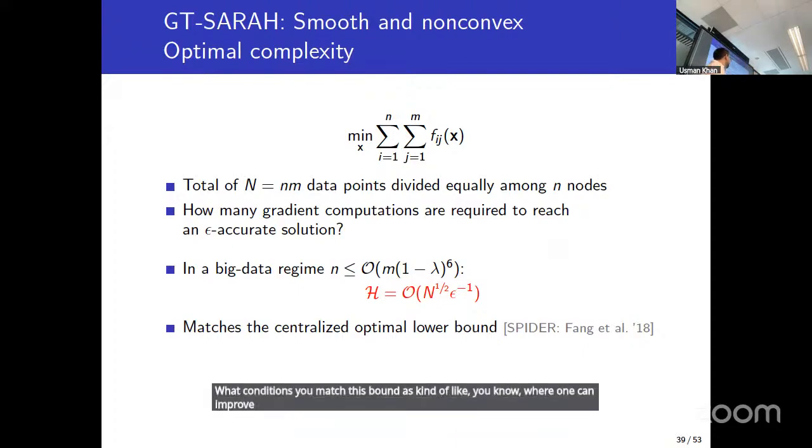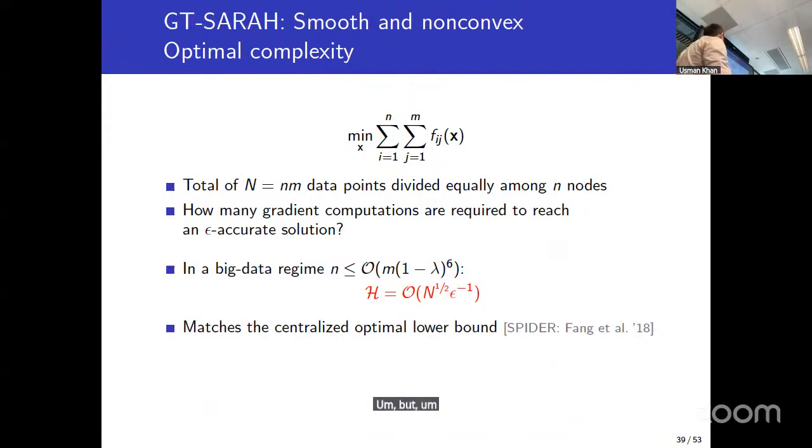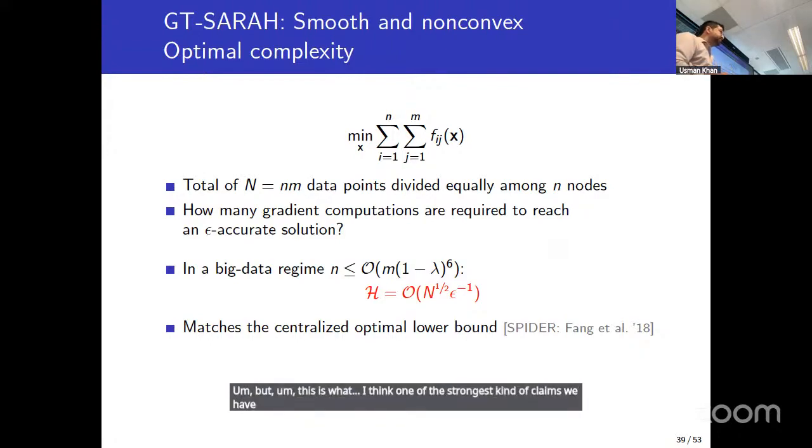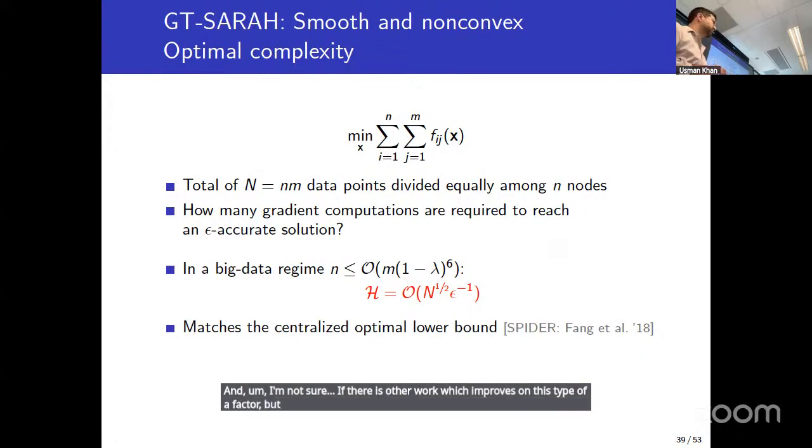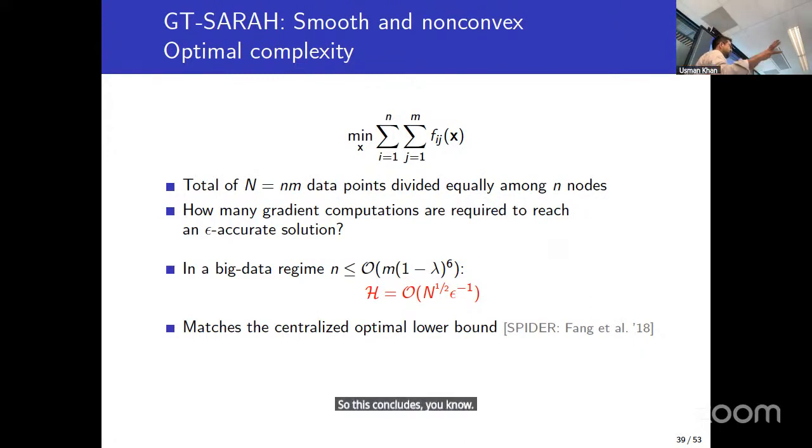We believe that you could improve this exponent. You can decrease it from 6 to 2, which is going to be nice. But this is one of the strongest claims we have so far. I'm not sure if there is other work which improves on this type of factor, but I'm sure we can find out. So this concludes the overall broad things that I wanted to talk about